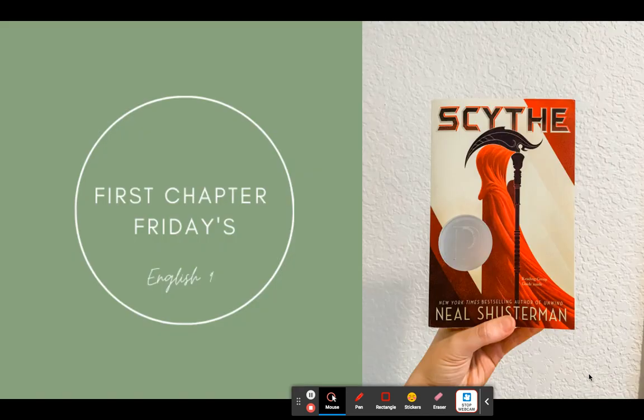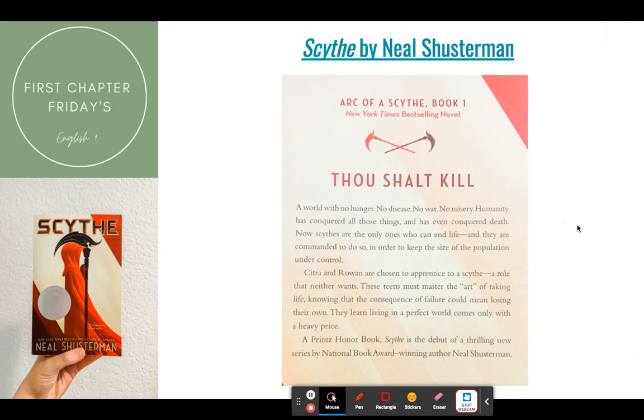All right, so that was our introduction to Born a Crime. We're now going to look at our first chapter, Friday. So this is, I would say, a sci-fi dystopian novel. This is called Scythe by Neal Shusterman, and it's really good. I would say that if you are a fan of The Hunger Games or Divergent, you'll probably really like this one. So, some information on what this book is. Scythe takes place in, I would say, America in the future, during a time where